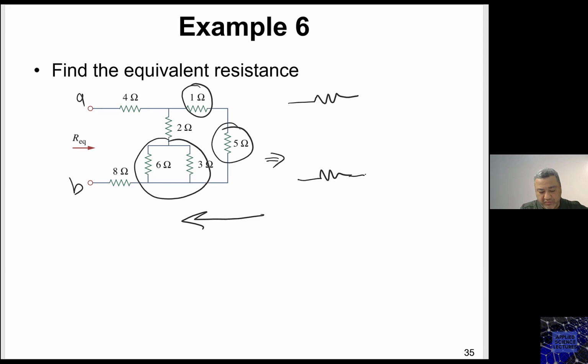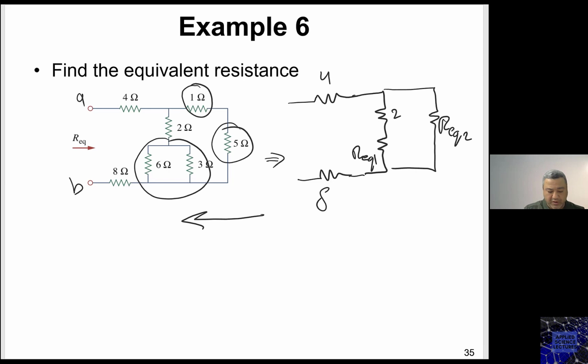So you can go and say this is R equivalent 1, and then simplify this one, call it R equivalent 2, where R equivalent 2 is 1 plus 5 and R equivalent 1